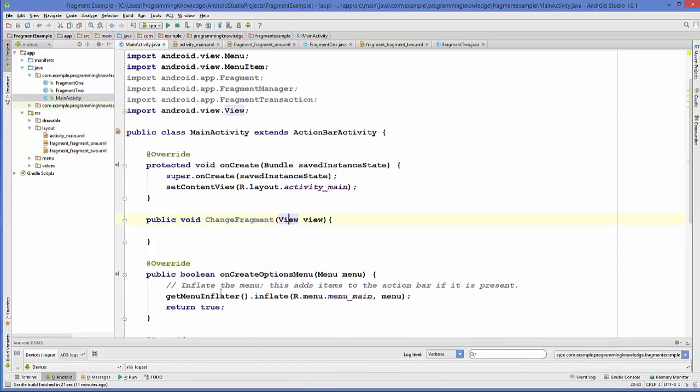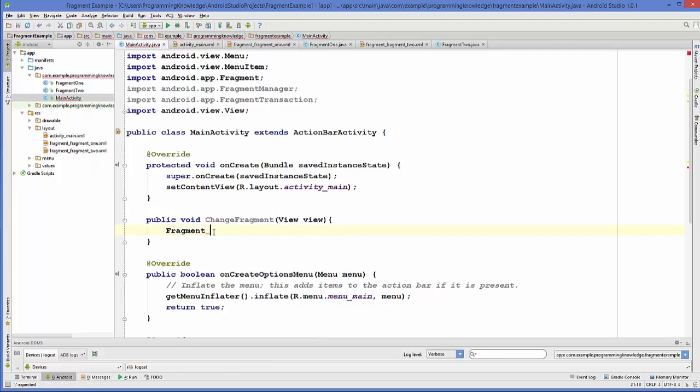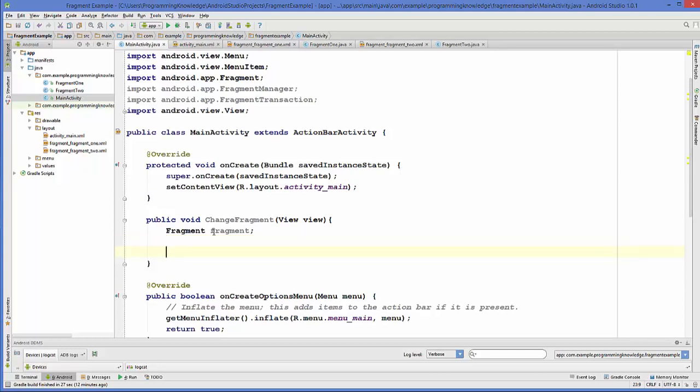Now inside this method, first of all we will create an instance of Fragment, and we will name it as fragment itself, for example. Now on button click event we want to open a fragment, right? So we are going to check which button is clicked first. So if